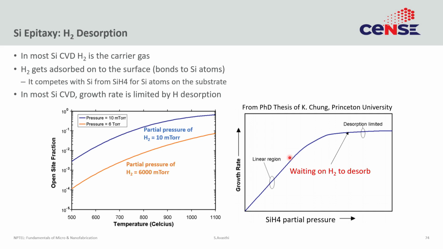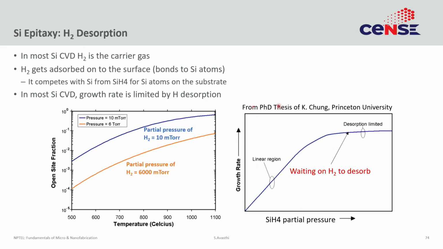at the interface. Now, if you were to add another silicon atom and make this layer a little thicker, you first need to break the silicon hydrogen bond such that you can insert a silicon silicon bond. So for that, the hydrogen must desorb from the surface, and that requires a certain amount of energy, and often in silicon epitaxy that is the bottleneck, right? So most CVD desorption is not a bottleneck, so we don't talk about it, but in silicon epitaxy at moderate temperatures, hydrogen desorption is the bottleneck.